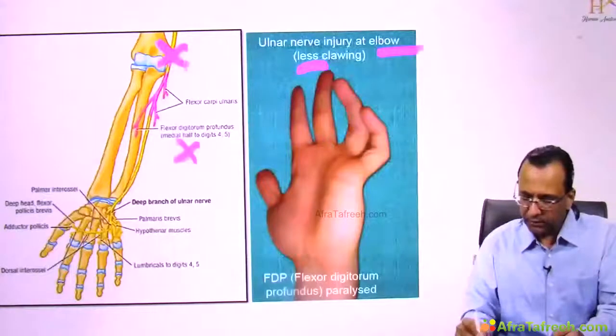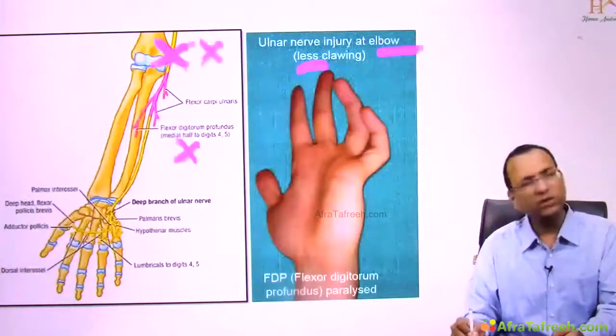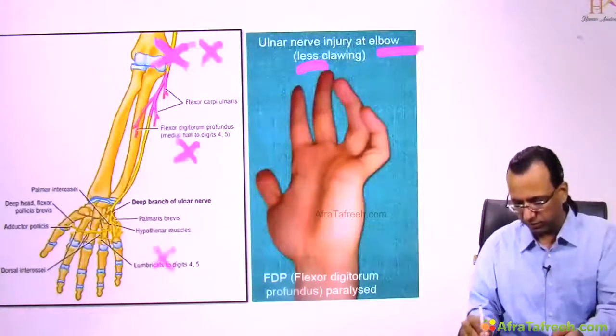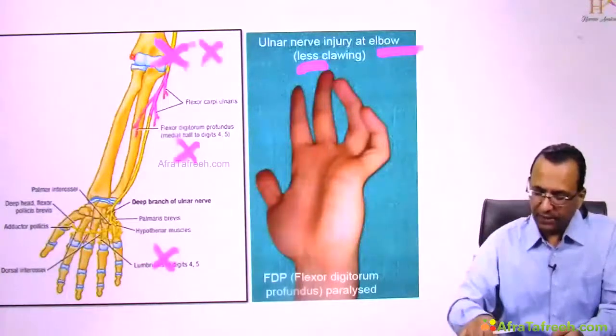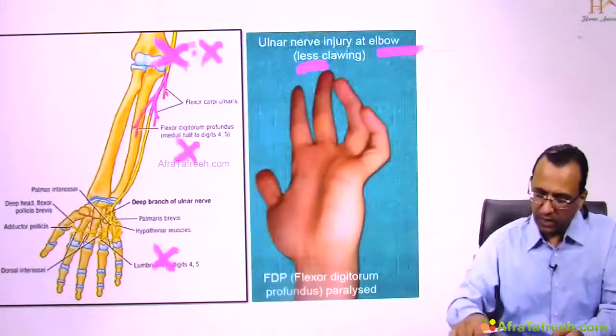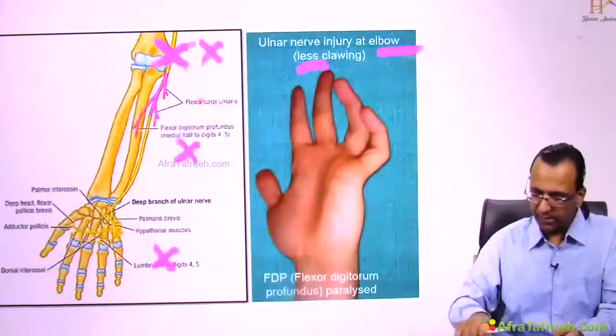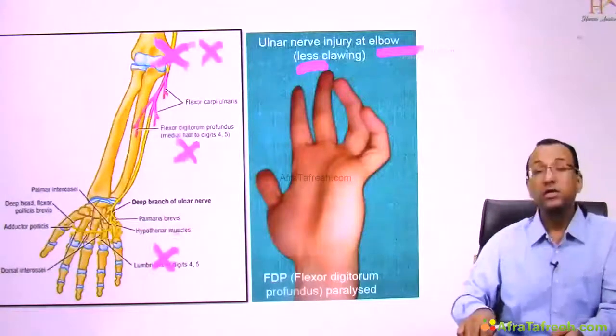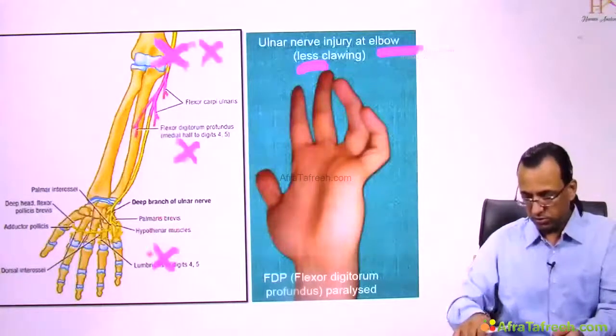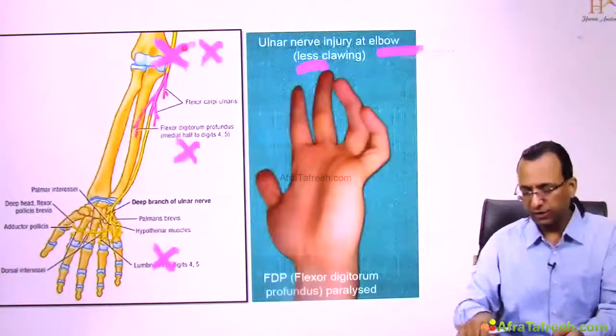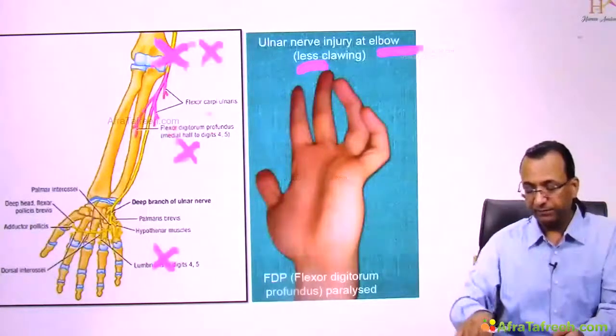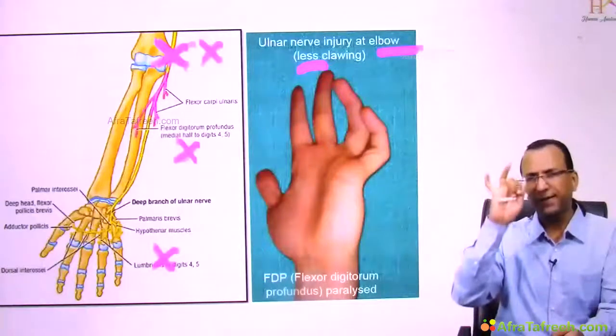If the nerve injury is here, the FDP is also gone along with the lumbricals, of course. Not only is the FDP gone, but the lumbricals and interossei are also gone. But since the FDP is also paralyzed, and the FDP was the one which was clawing,